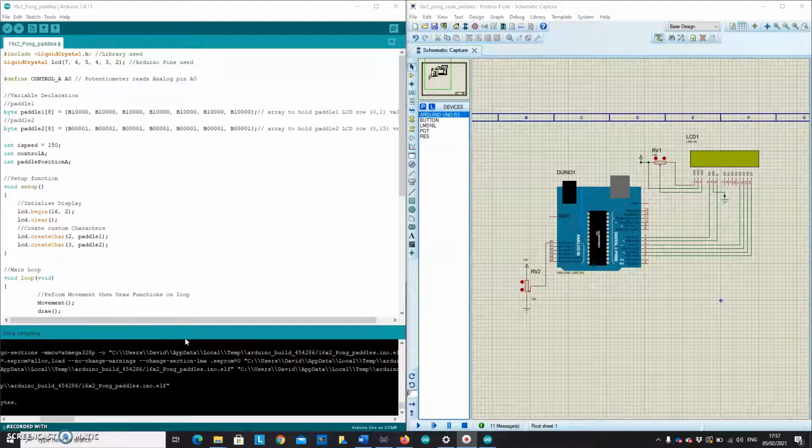Following on from step 1 of the game Pong, this week we were tasked with simulating 2 paddles on a 16:2 LCD screen. To the right we have the Proteus simulation, and to the left we have the Arduino IDE code. Reading from top to bottom, we have the library used, pins used, the define function, which is defining A0,